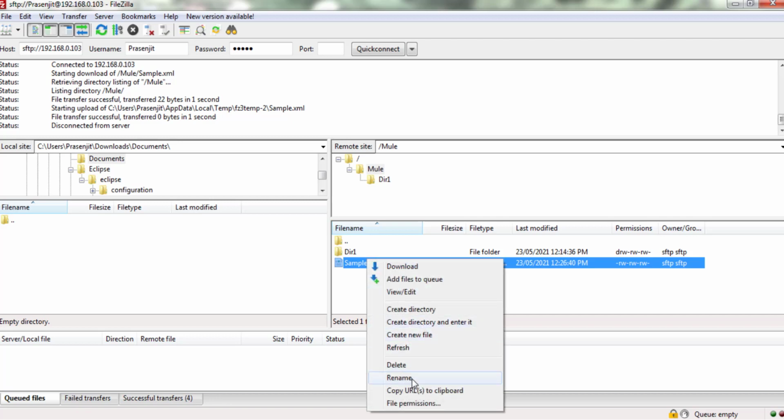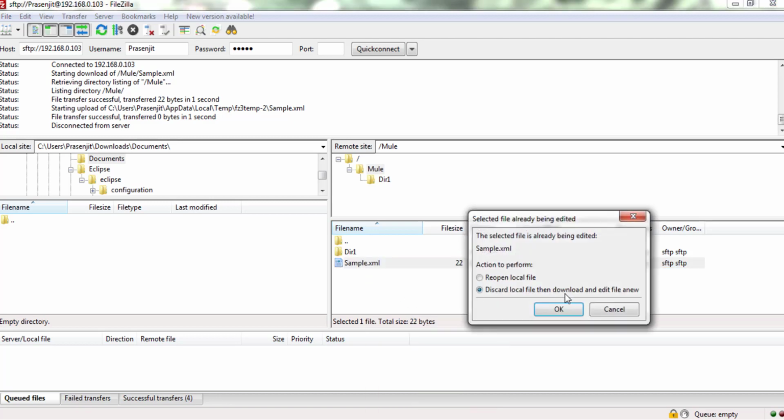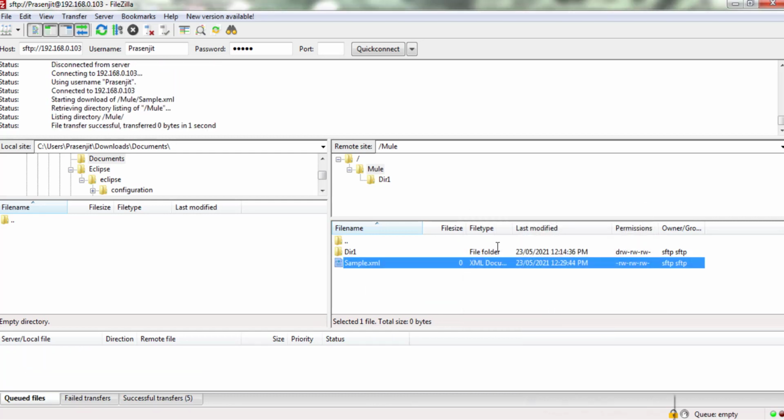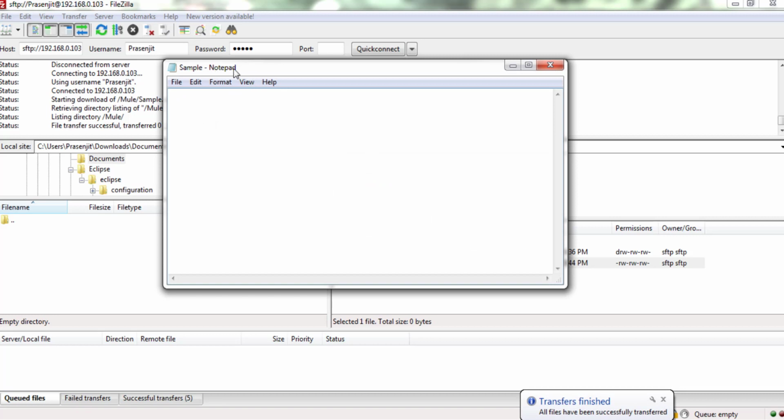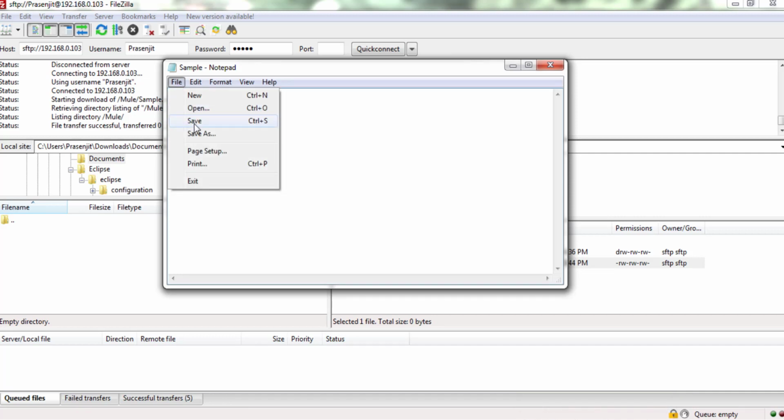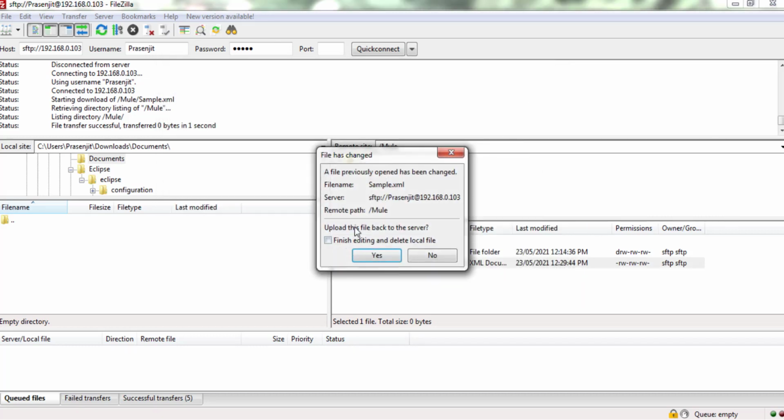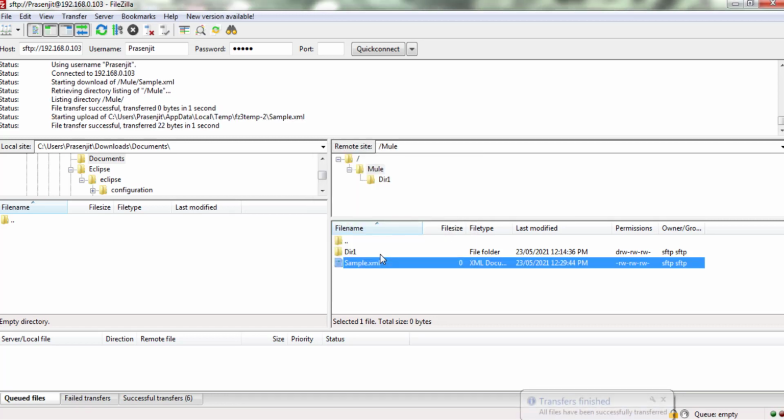So what I did was open this using FileZilla, then open it using Notepad, put this data there and save it. I'll close this, and it will ask me to upload this version of the file back to the server. I will say yes, and once it is done,